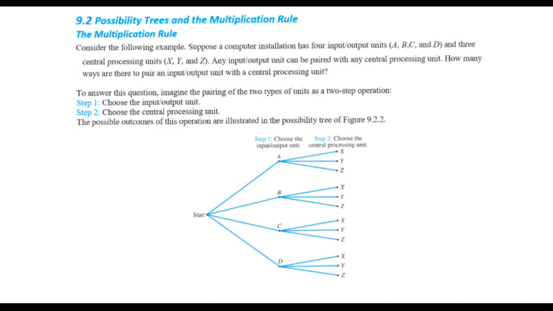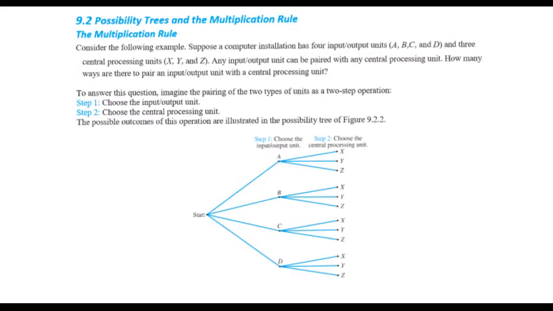So in order to find the possible outcomes of this operation, we can draw a tree like this. This is the start point, and then we have 4 different ways for doing the first step. For choosing the input-output unit, we can either choose A, B, C, or D, and then for each of these 4 possible input-output units, we have 3 different units in the